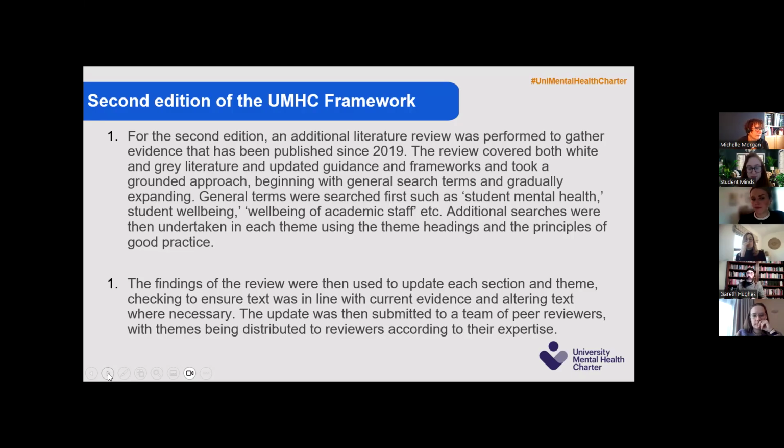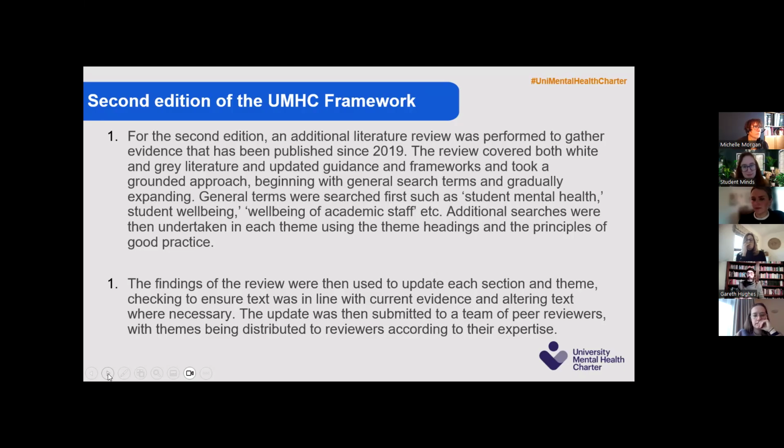And then we updated the overall thing, and we also updated each kind of theme. So we made sure that each theme was in line with what the evidence is now saying. We have altered text, some of it just a little bit, some of it's about nuance, things that we know slightly better now or understand more now. Some of it's been rewritten a little bit more substantially because there's been quite a bit more work in that.